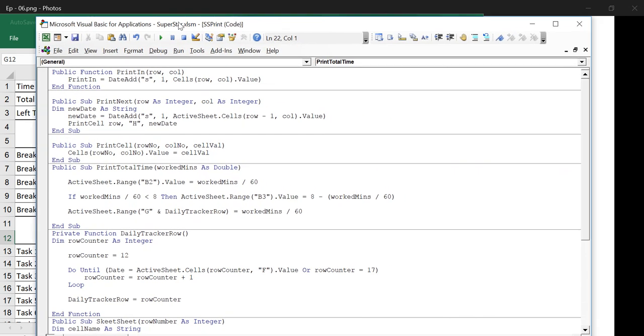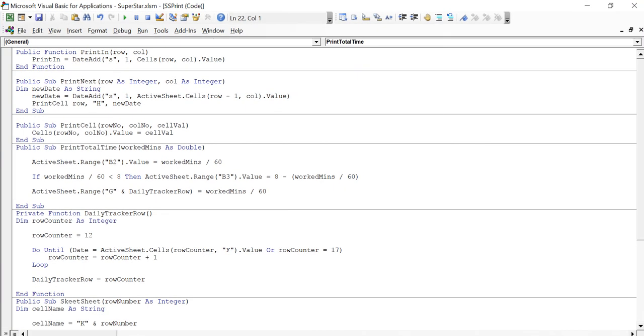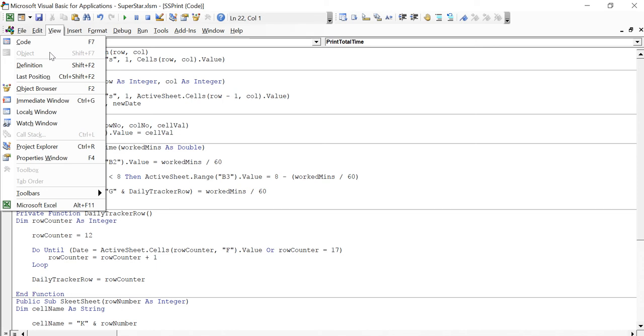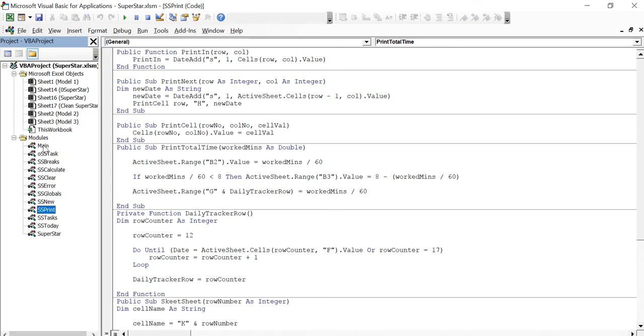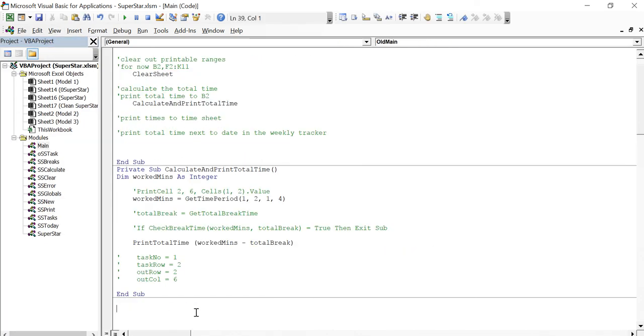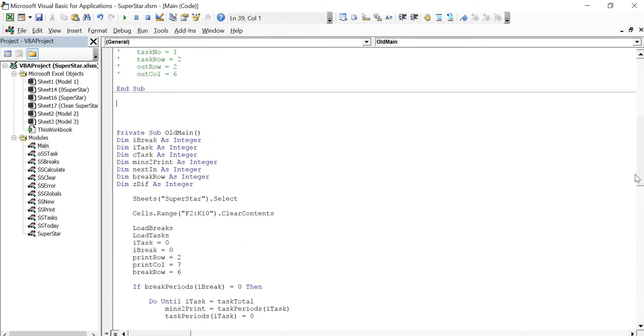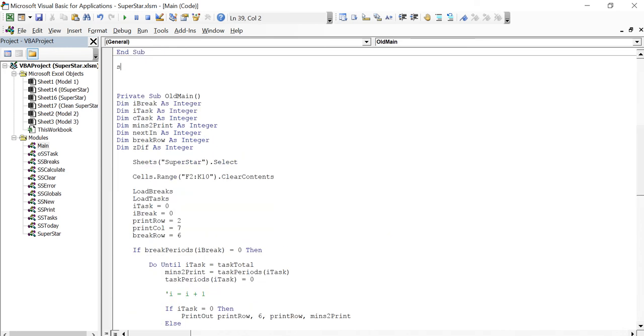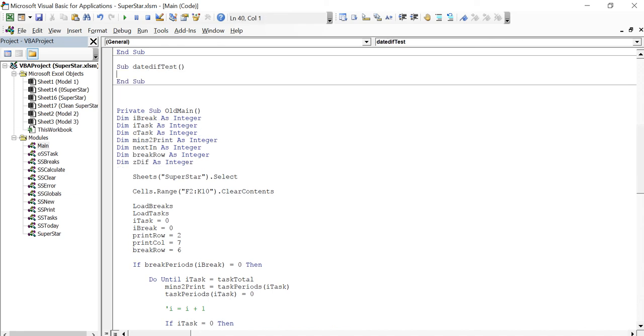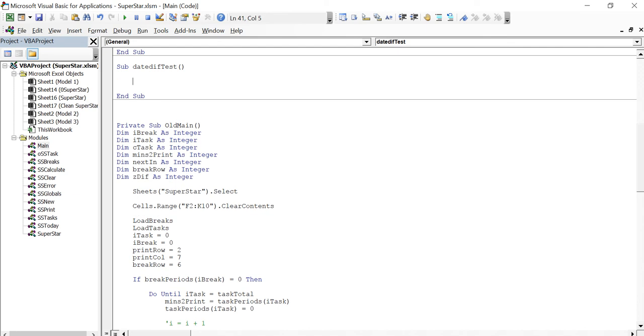And what I wanted to talk about in this video, the second thing I wanted to talk about, was the date difference. So let me get my Project Explorer back up here. Let's go into main here. Let's just go down here. Just gonna sub date diff test. Okay. So basically, the first thing you can do is you could say interval. And there's several different things you can do here. You could do, if you just want the year,